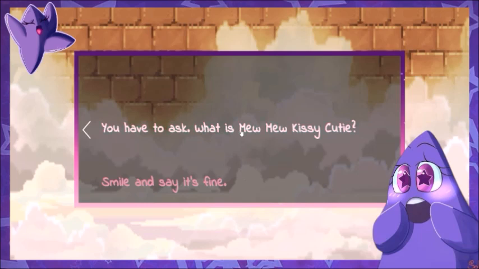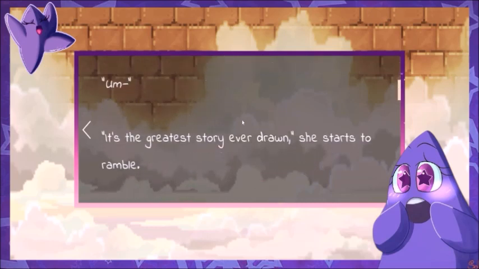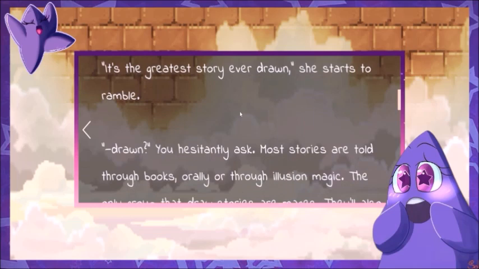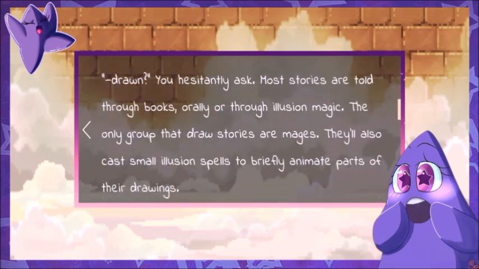You ask her, what is Mimu Kissy Cutie? Alphys gasps. You don't know what Mimu Kissy Cutie is? It's made by humans. It's the greatest story ever drawn. She starts to ramble. Drawn? You hesitantly ask. Most stories are told through books, orally, or through illusion magic. Oh my god, my freaking character. You...